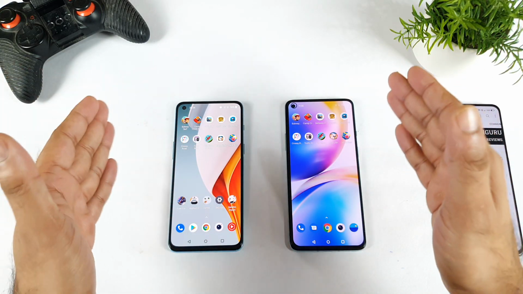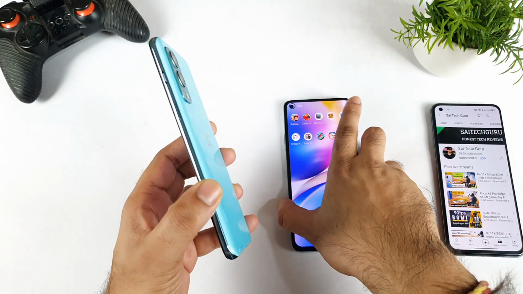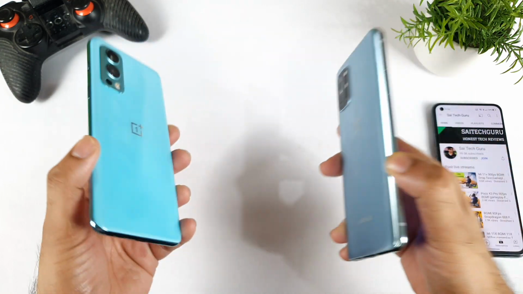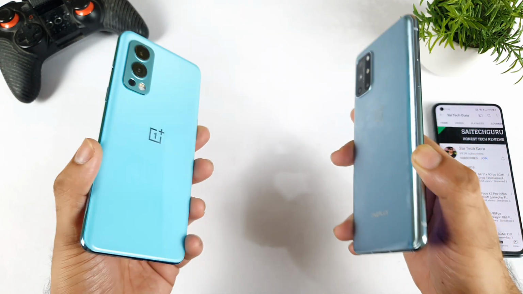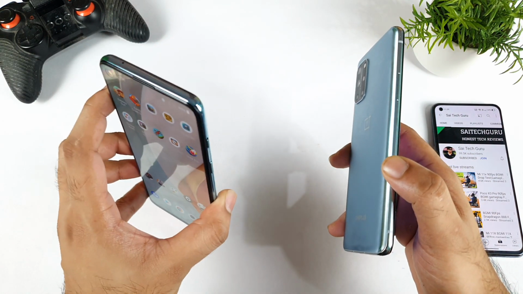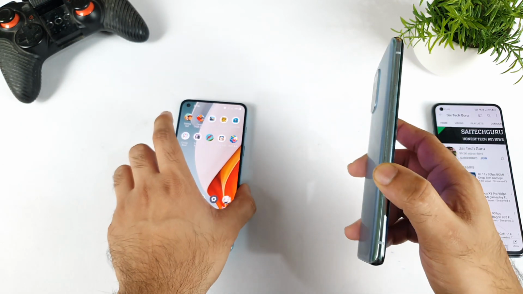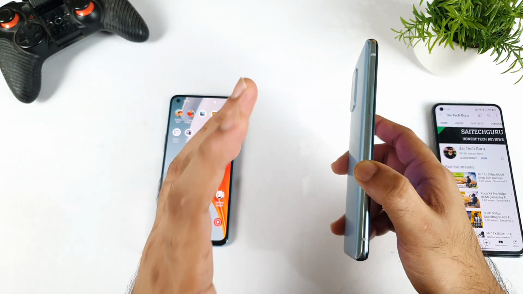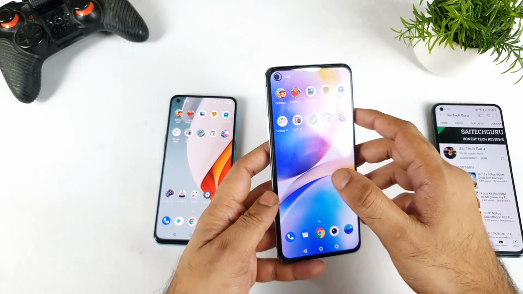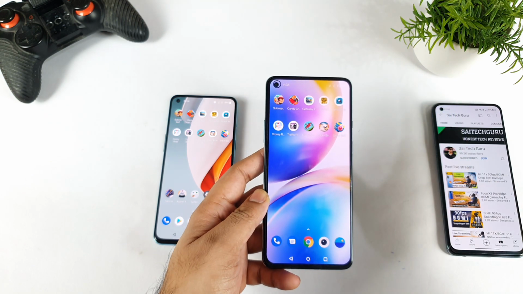In this video, I'm going to do the speed test and the RAM management test comparison between the OnePlus Nord 2 versus the OnePlus 8T device. This is a question which has been requested by a few of my subscribers, who asked me to compare both phones side by side. The main reason is because the OnePlus Nord 2 has got the Oxygen UI plus ColorOS mixed in this device, whereas the OnePlus 8T still has the pure Oxygen UI. That's the main reason why a few of the users want to know how the RAM management is in this UI. Very soon they're going to update to ColorOS.